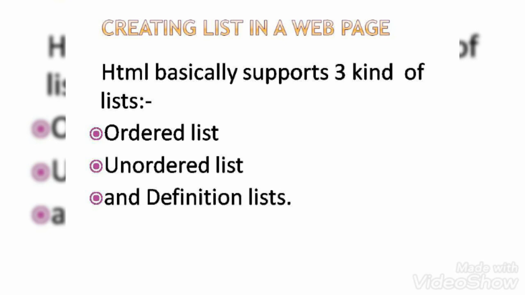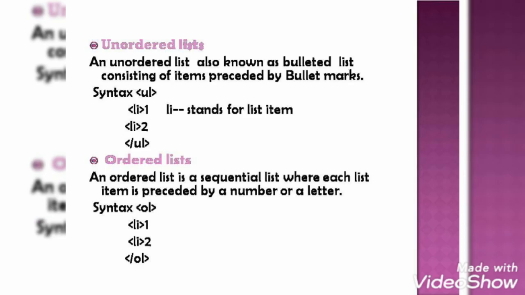Ordered list is one in a particular sequence, that is 1, 2, 3, 4, 5, or it can be A, B, C, D, E. It is in an order, in a particular sequence, and that is known as an ordered list. Unordered list is also a list. In this also things are systematic, one over the other, but it is not in numerical or alphabetical order. It is unordered, meaning we can use bullet dots and write the names, not using A, B, C, D or 1, 2, 3. That is known as an unordered list.